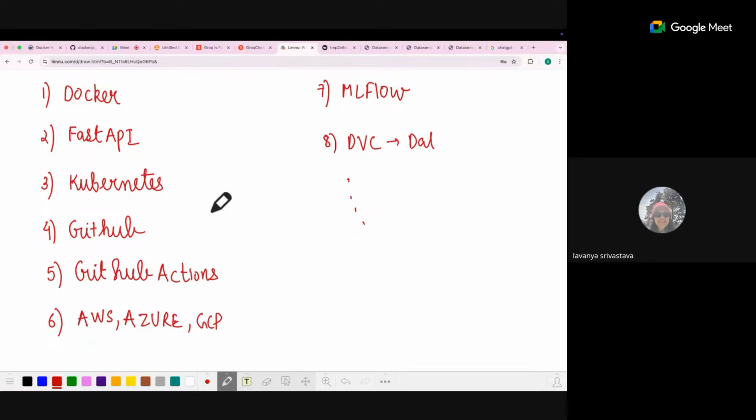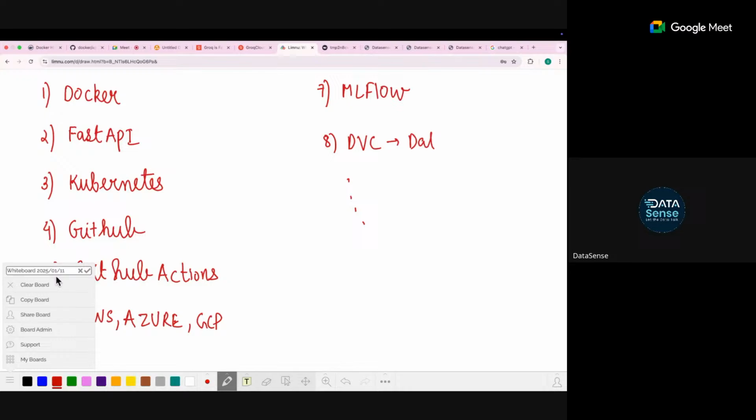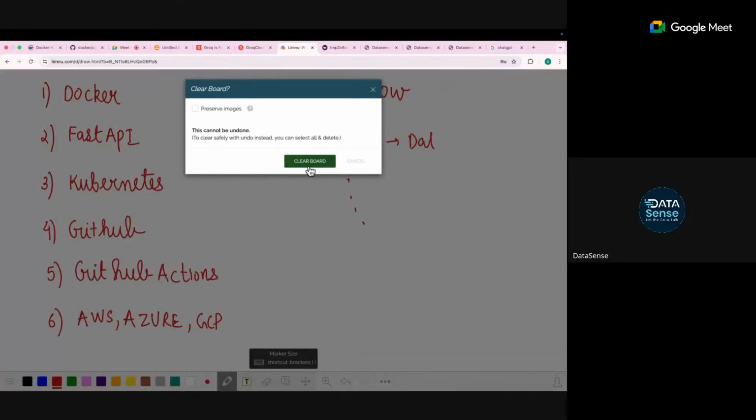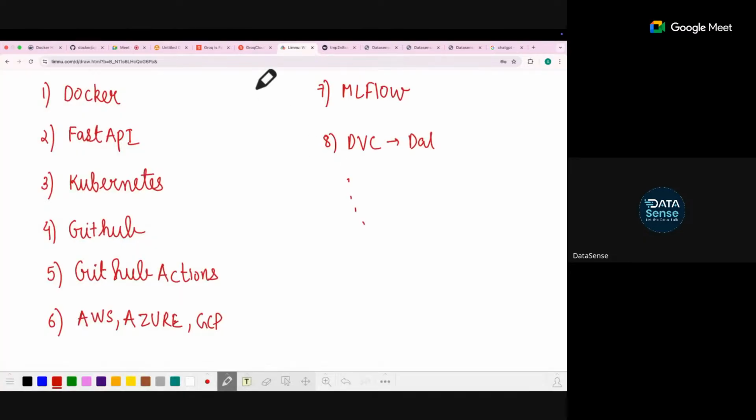I just want to ask one question, Satvik. Yes. Whatever you suggested right now, this is all about the software cycle, which means that on one side we are producing the model and on the other part we are deploying it. Yes, this is what the total pipeline is. So let me tell you how the pipeline works. If you have to understand the whole pipeline, it goes like this.